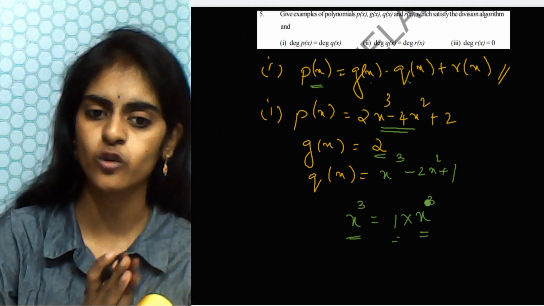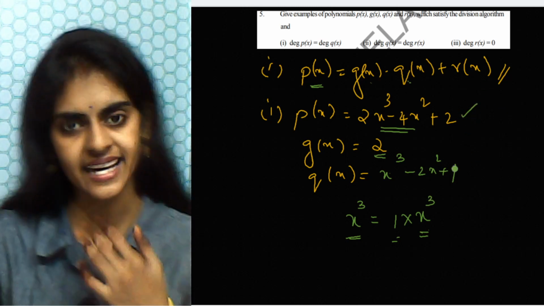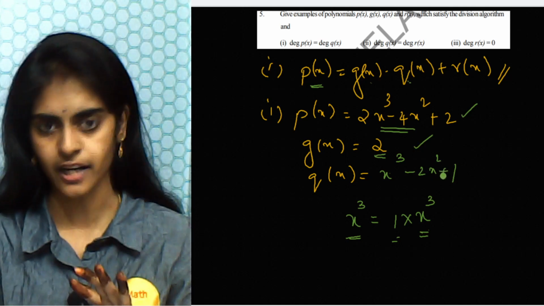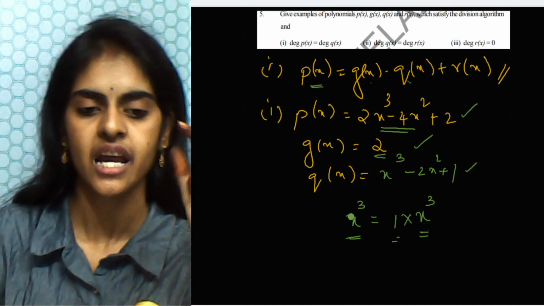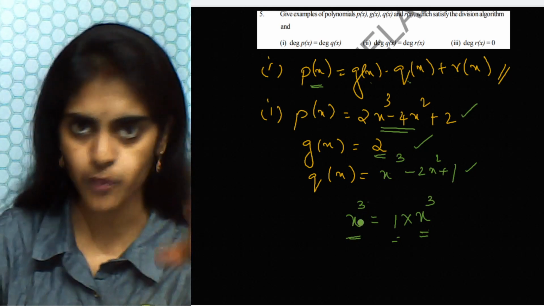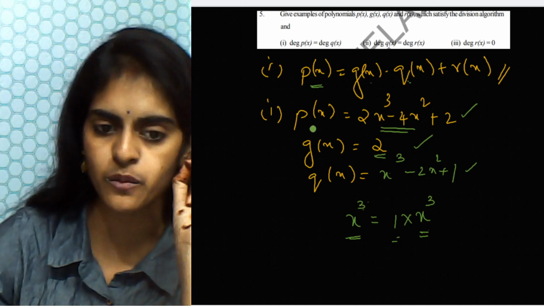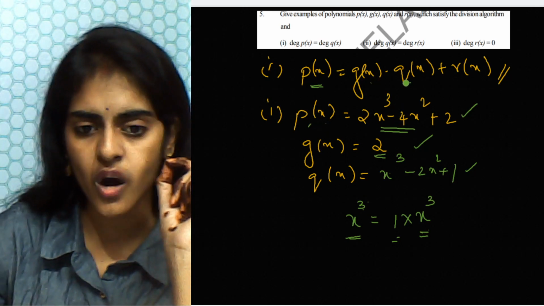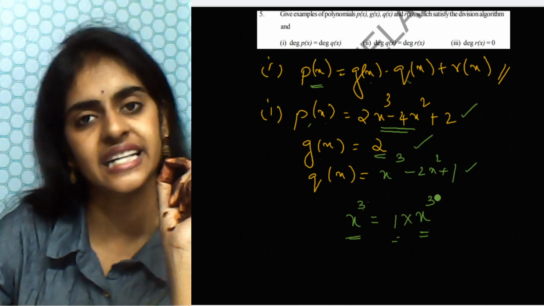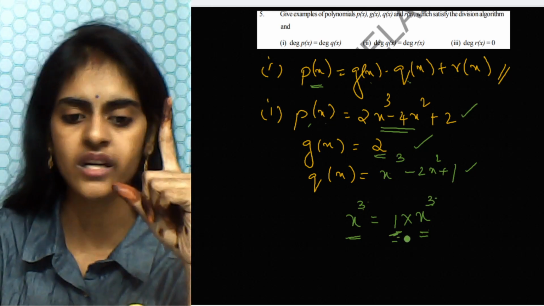For this problem you don't have to take the values which I am giving you. P of x you can take any value, q of x you can take any value. So the logic is, understand here. Now I have taken a third degree polynomial. Suppose you have x cube here in place of p of x. Now I want q of x of the same degree, that means same power. So what should I multiply here? I should take only 1 here.